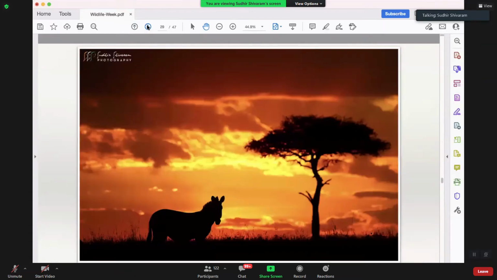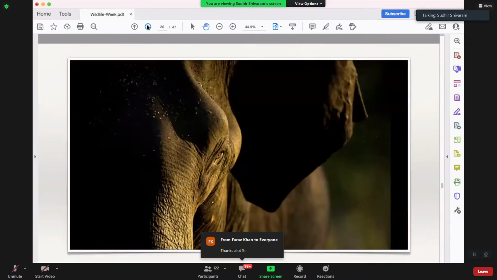And then again, when we talk about playing with light, for your composition, you have backlit, side lit, front lit, and the diffused light. So these are the different kinds of lighting scenarios available for your usage. This is again a backlit, this is side lit, and another important thing in composition for side lit is to make sure the eyes are always visible. With side lighting, sometimes the shadow may come onto the face. That is something you have to avoid.